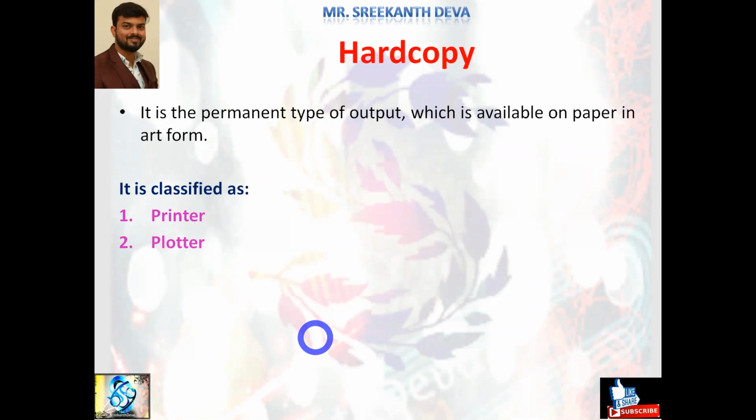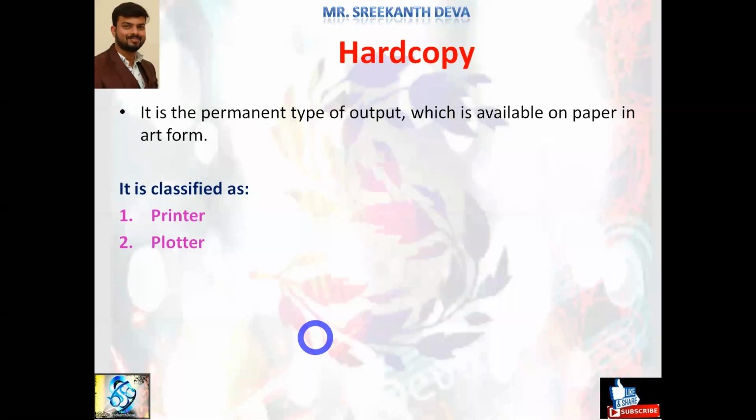In the previous session we discussed different monitors like CRT monitors, LCD monitors, LED monitors, TFT monitors, FPD monitors, OLED monitors, and plasma monitors, with their workflow. But in this session we discussed in detail about